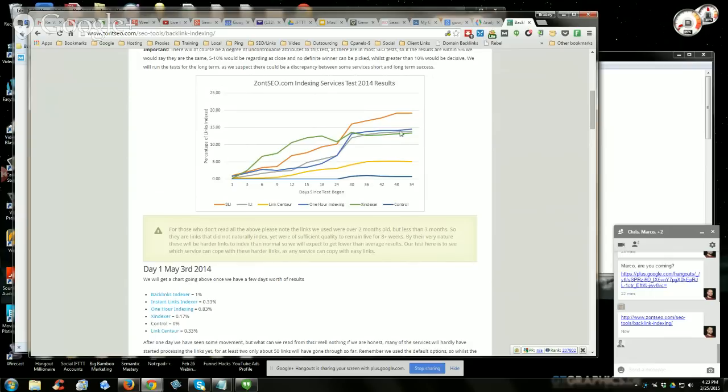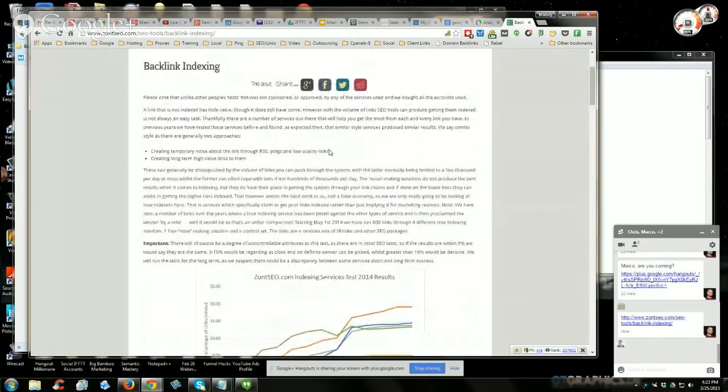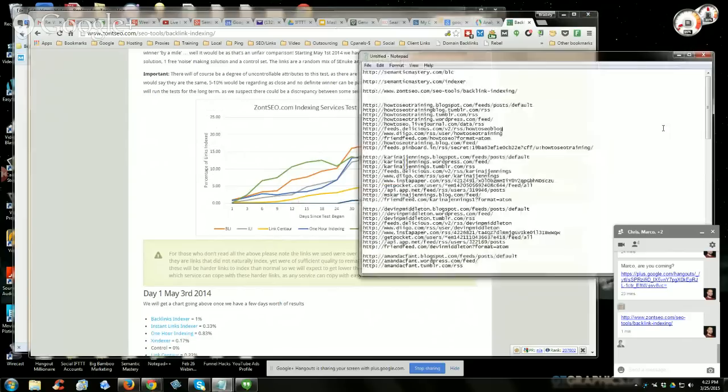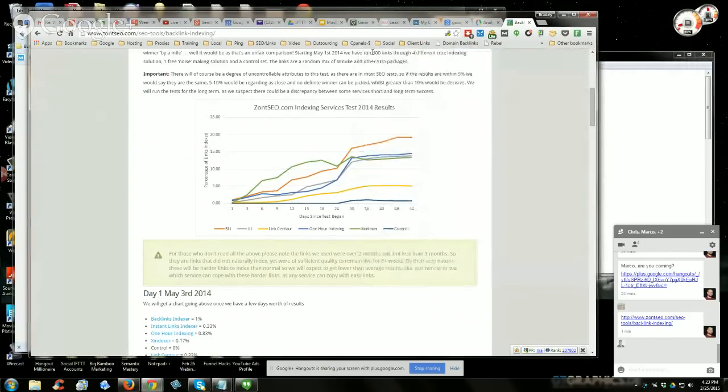So just so you know, that's why I'm using this, because of this particular report. Read through this if you have time. It's very interesting. But again, if you just want the short of it, Backlinks Indexer is a good service to use. It's one of the better ones out there, in my opinion. So anyways, go purchase a Backlinks Indexer account. I put the link on the events page, and they've got several different levels depending on your needs.